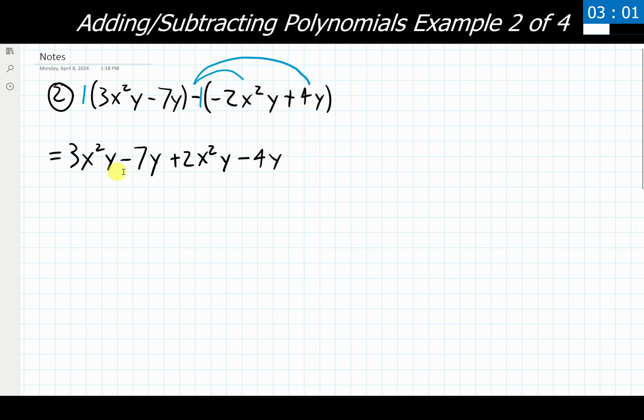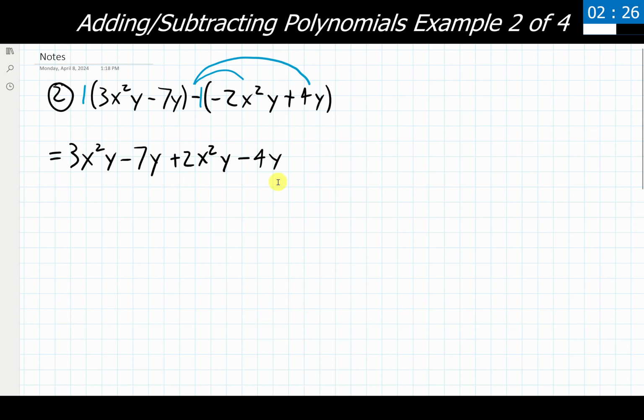Now that I have everything out in the open, there are no more parentheses showing up, there's no more negatives that need to be distributed, I can now go about reorganizing this and combining like terms through addition and subtraction. So for this problem, we're going to show how you can rewrite these to put like terms next to one another before we actually combine them. This is an optional step. You do not need to do this, but consider doing it once or twice if you're having some issues or headaches with combining like terms.